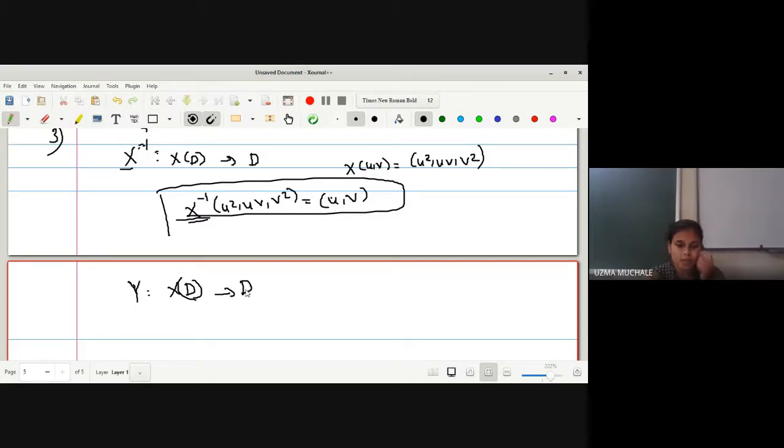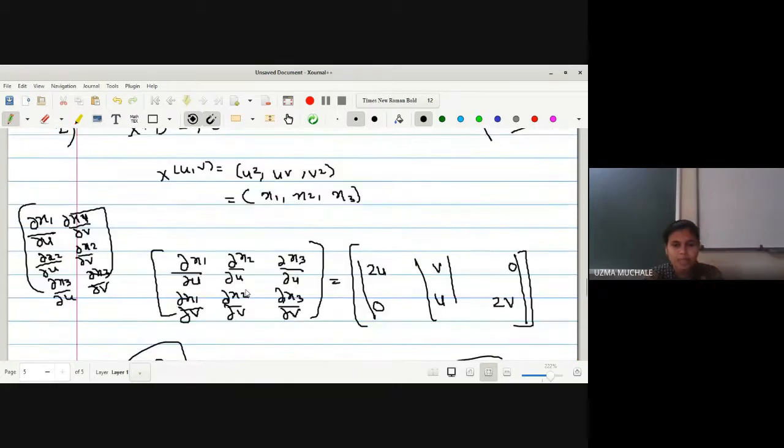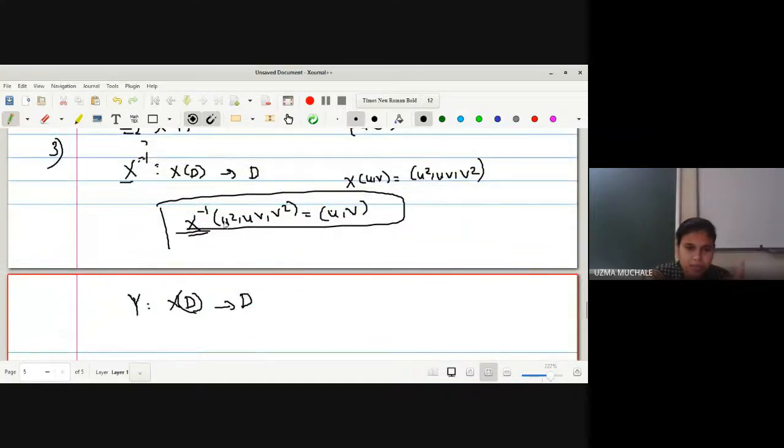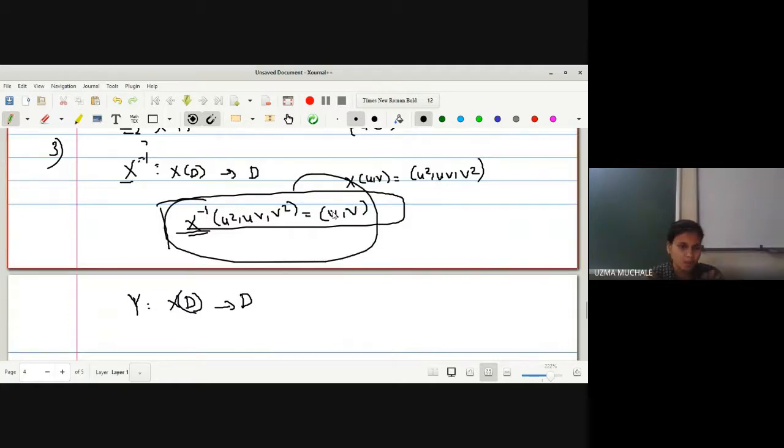डायरेक्टली असं नाही करू शकत ना, because we don't know actually ऐसा mapping exist होगा या नहीं, X inverse from that. No doubt we have existence, but actually X inverse को इसी format में लिख सकते हैं ऐसे हमें पता नहीं ना. X inverse of u square, uv, v square is equal to u v, ऐसा ही होगा, इसका कोई guarantee नहीं है. No doubt we know it exists, but it will be directly in the form of u square, uv, v square is equal to u v, ऐसा होगा, इसलिए पता नहीं.